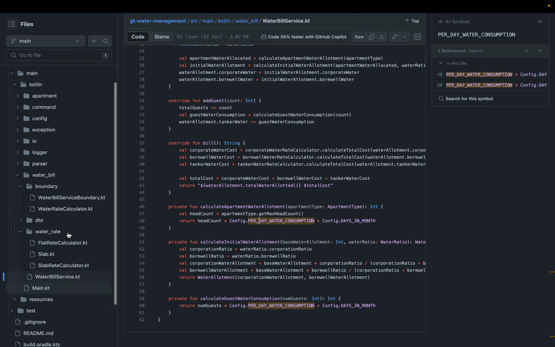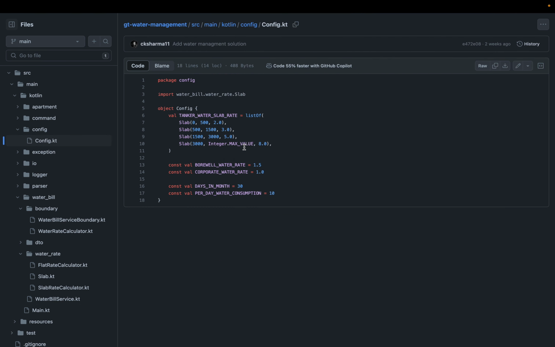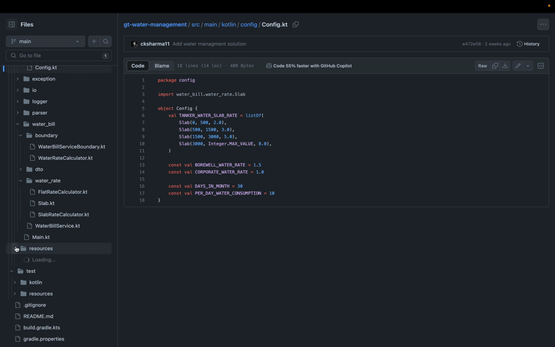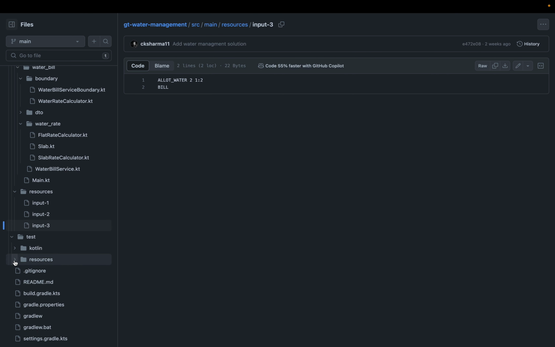And I've also created this config, which is also very important because we don't want hard-coded data, hard-coded slabs. In ideal cases, this should be coming from a properties file where we have all the configuration, or an environment variable. But for this problem, I think it could have been over-engineering, so I haven't done that. But you see in the configuration that we have slab, we have other rates, and some assumptions that we have taken at the start. And also, for testing purposes, we have all the inputs ready in the resource folder, and